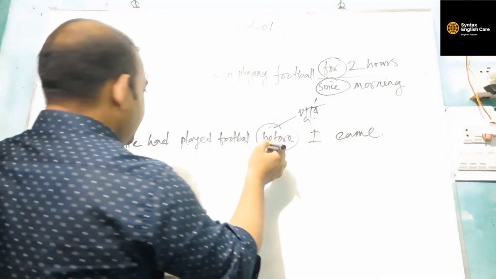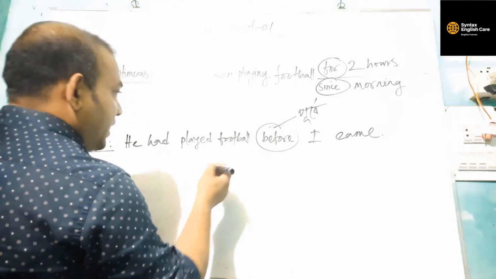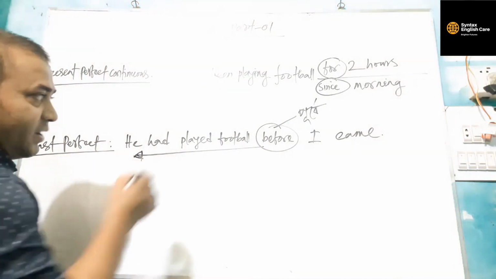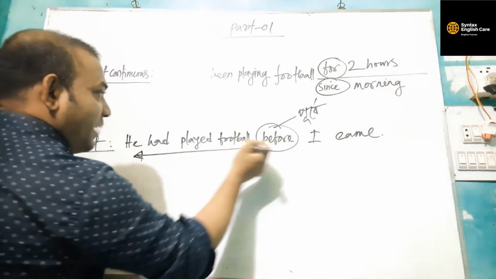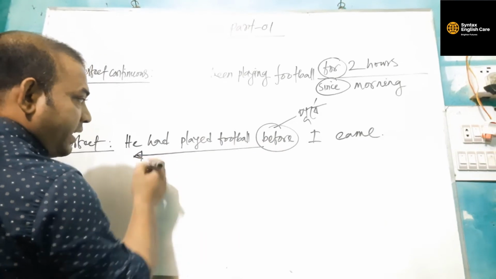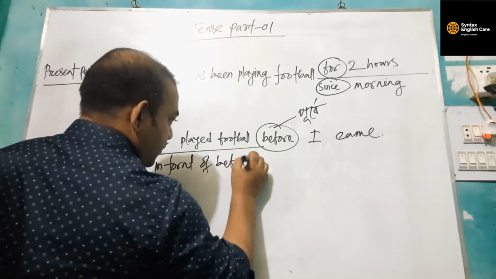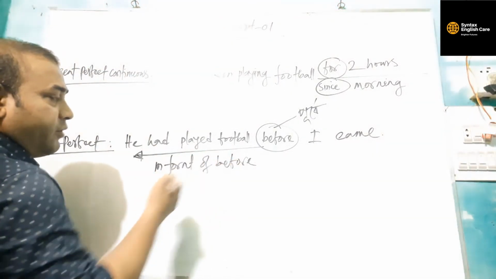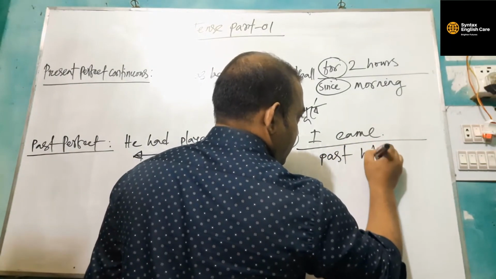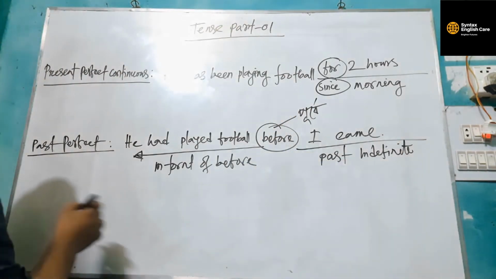Okay, so in case of past perfect tense, if a sentence contains before, then past perfect will be in front of before, like before এর পূর্বে আসলে past perfect হবে. Okay, past perfect will be in front of before, and the rest of the sentence will be past indefinite. Okay, and if you use here